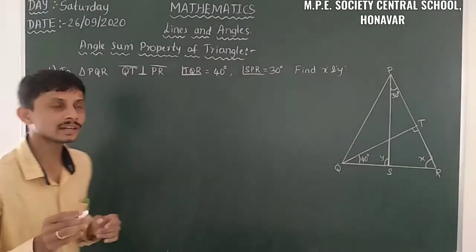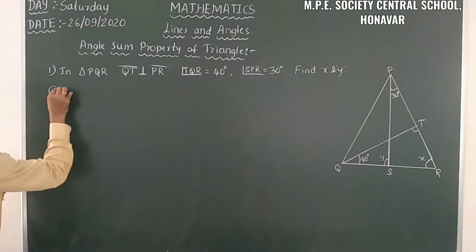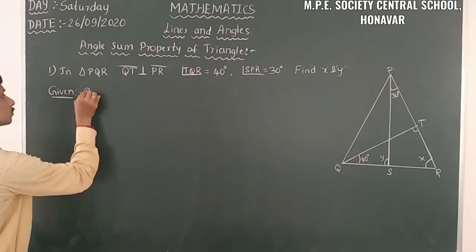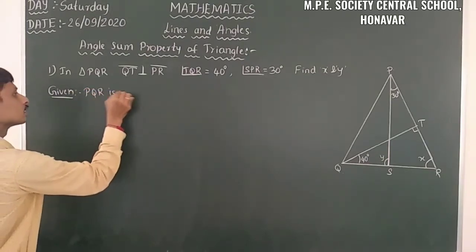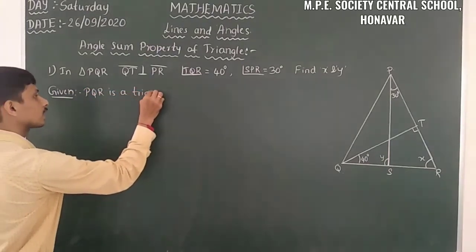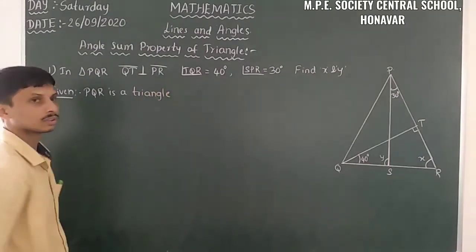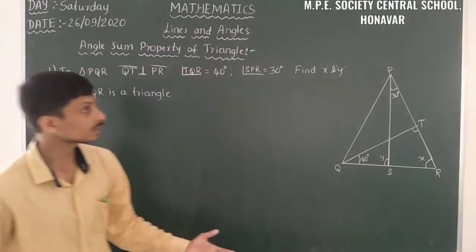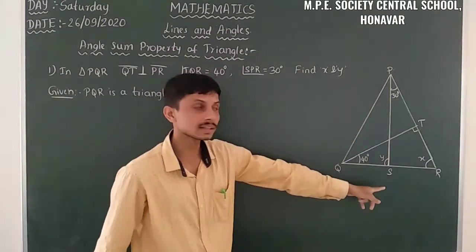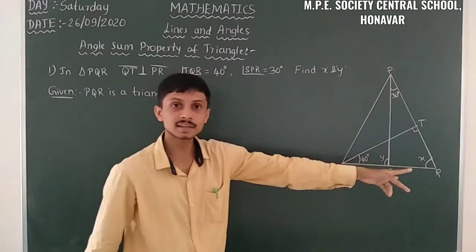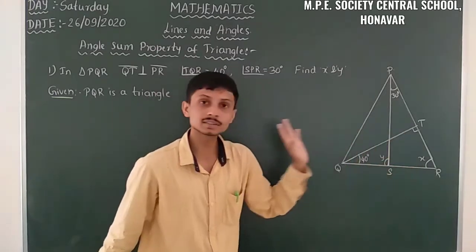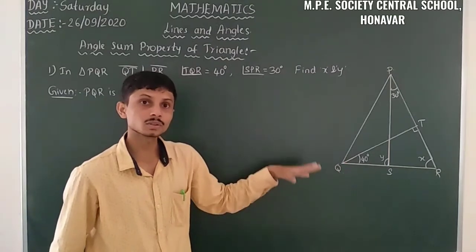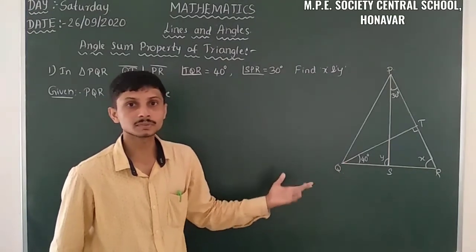Firstly we have to write the given things. So what are the given things? Here PQR is a triangle. In that, some other triangles are there. So what are the other triangles? PQS is another triangle, and PSR is another triangle. Also, TQR is another triangle. So there are many triangles here, and with the help of those triangles, we can find